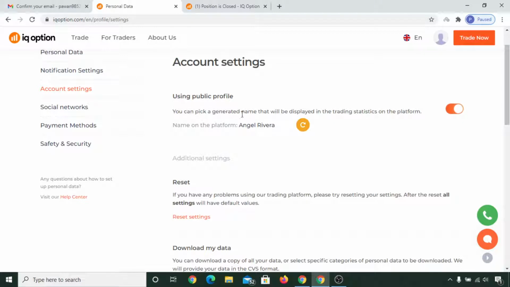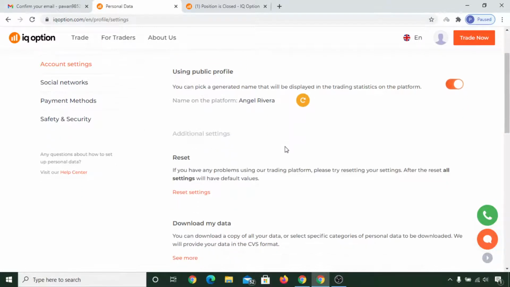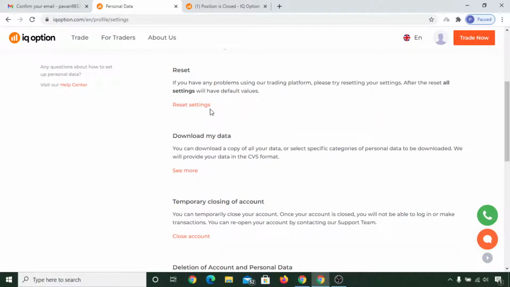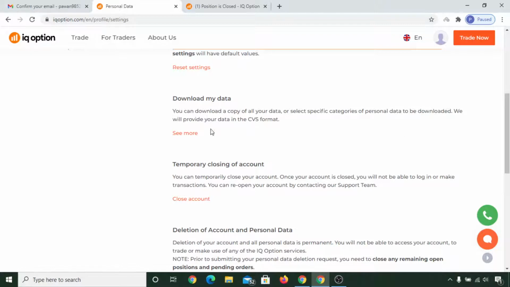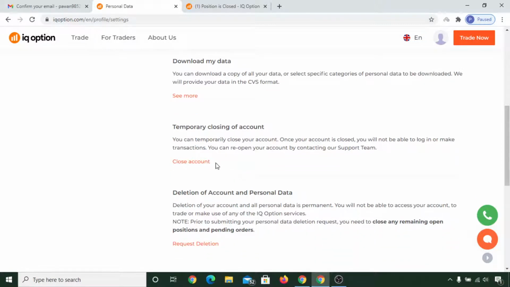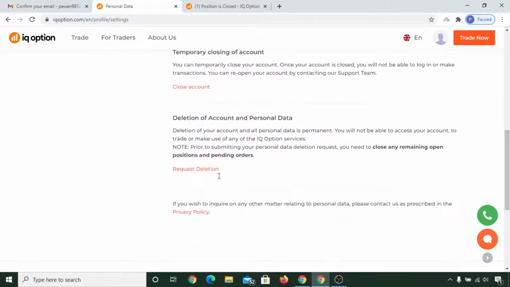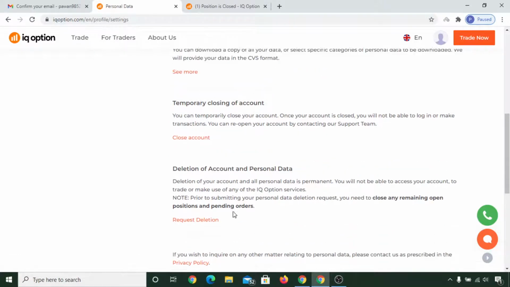Okay, it is like a nickname, and you can reset everything. Here you can see if you have any problem using our trading platform, please try to reset your settings. You can reset your settings. You can download your data. You can click on here and close your account also, or you can completely delete your personal information. You can read these things,